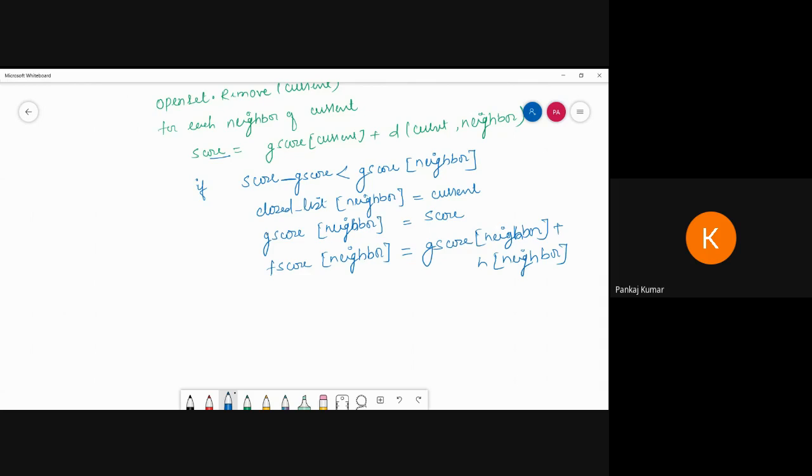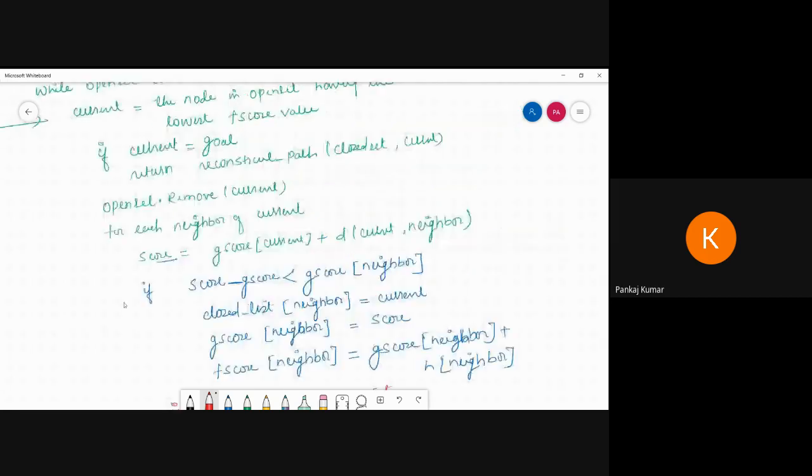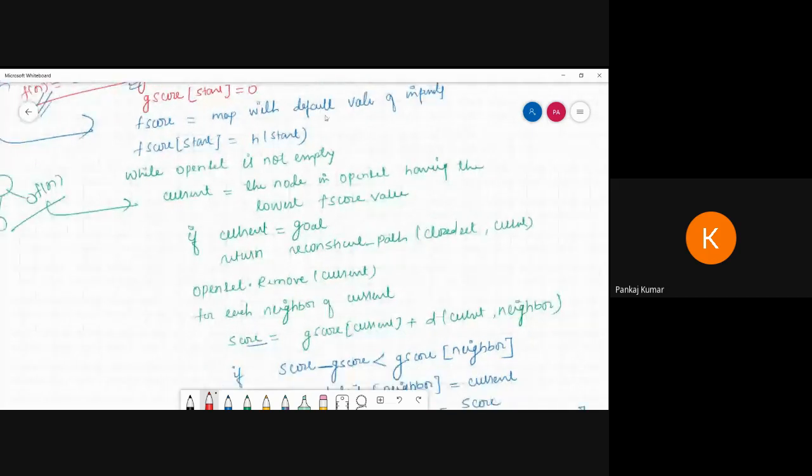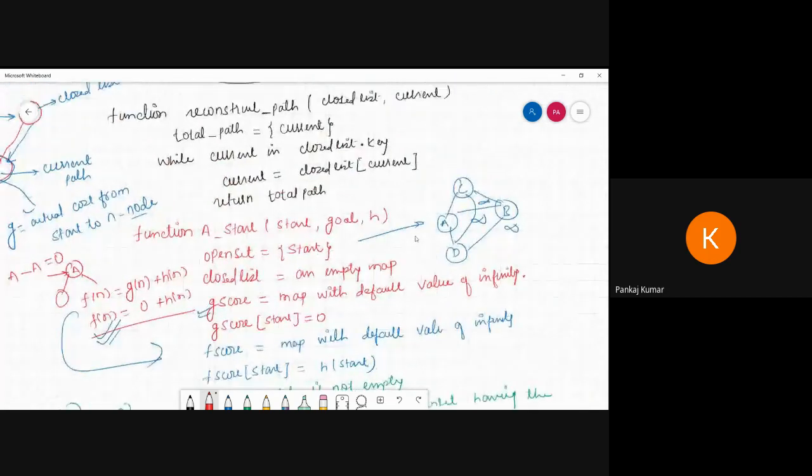And if the neighbor is not in open set, then at last we have to return failure. So this one is the pseudo code for whatever I am writing for the A star algorithm.